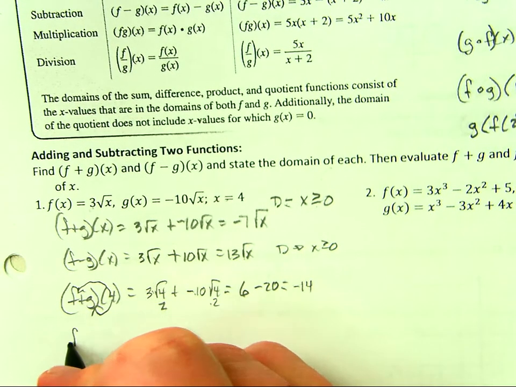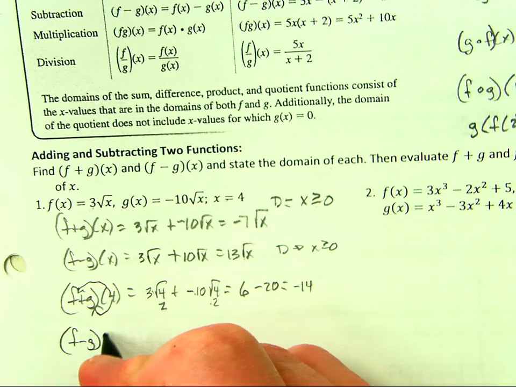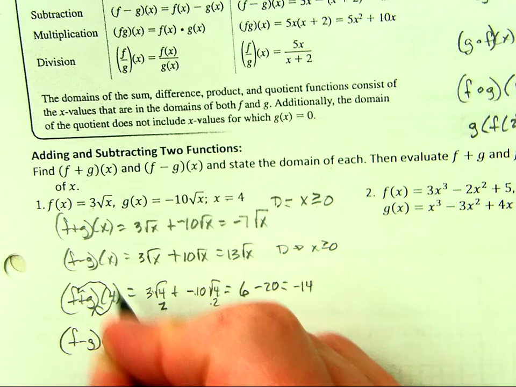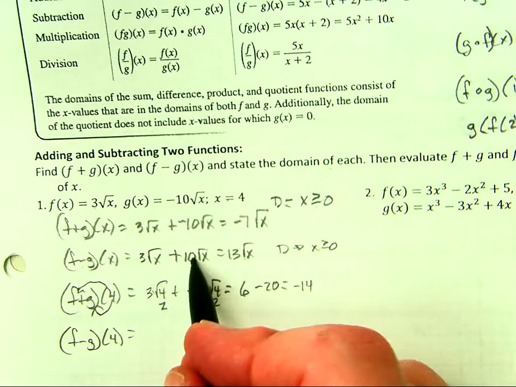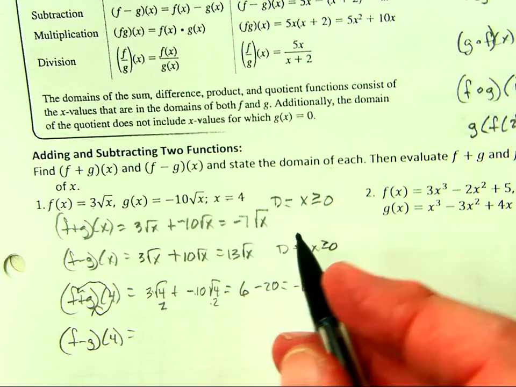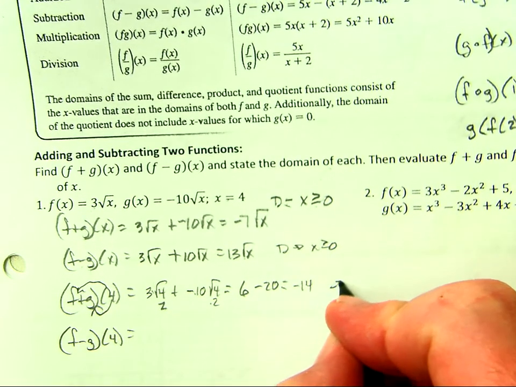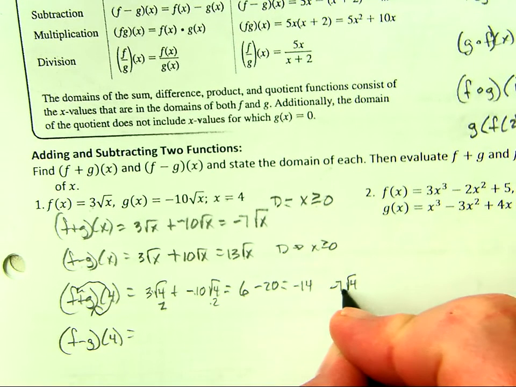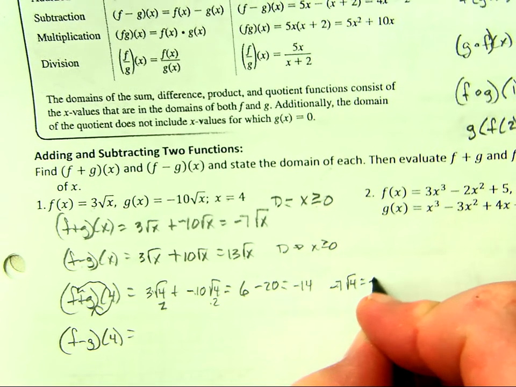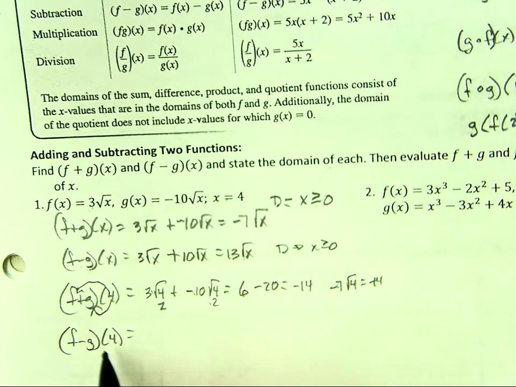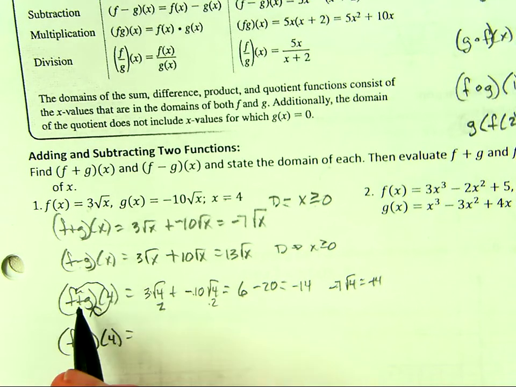Or if we were doing f minus g of 4. And you could, since we've already done these, like f minus g, we could plug it right in there, which is fine. So like here, this last one, we could have just plugged it in the end. We could have said, okay, that's a negative 7 times the square root of 4. Negative 7 times 2 is a negative 14. But I was just showing you we can also do it without adding them together first